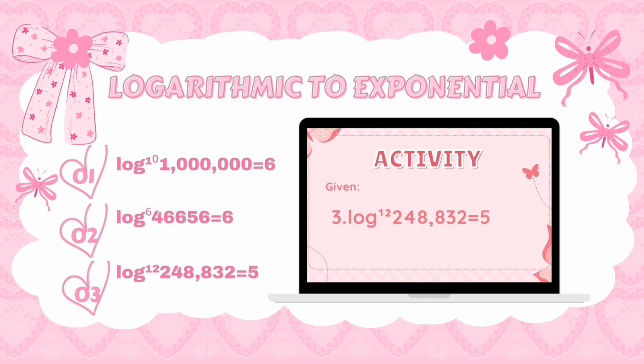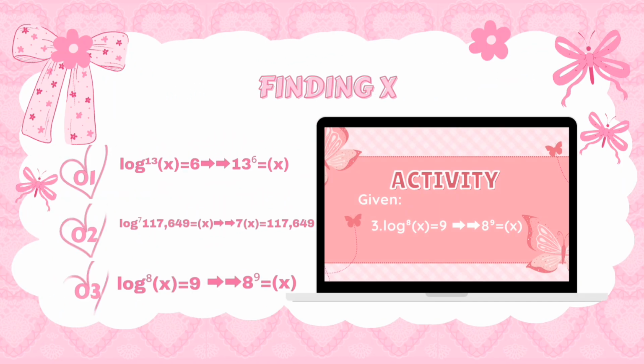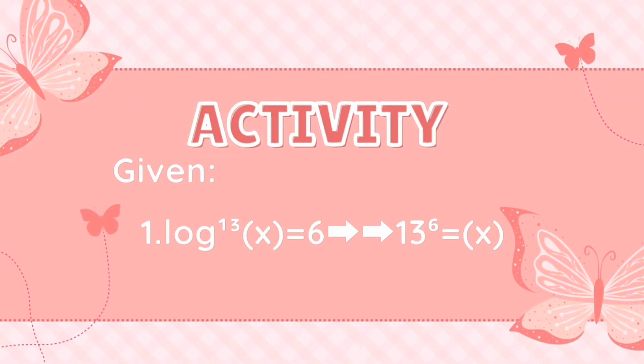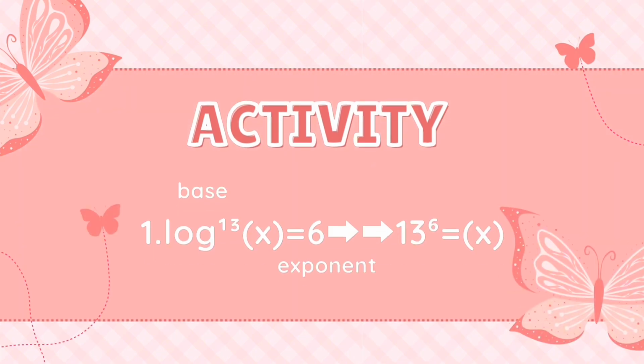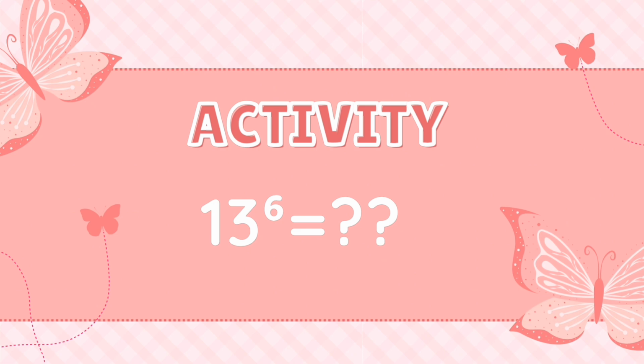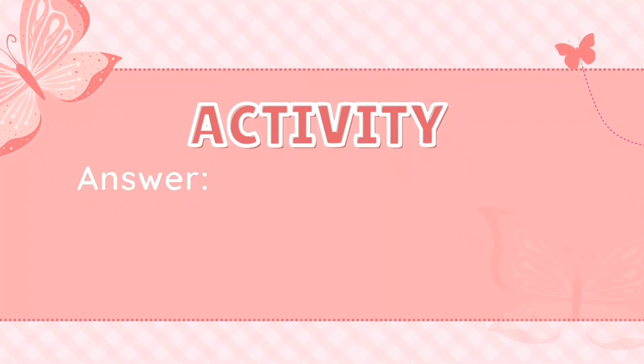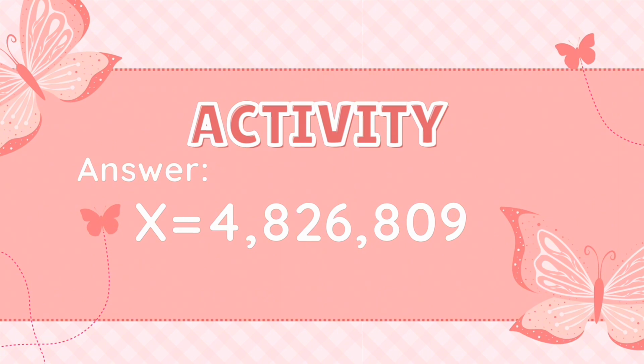Now let's find x. So here is the equation. Number 1, the given equation is log base 13 of x equals 6, and 13 to the power of 6 equals x, where the base is 13 and 6 is the exponent. So we need to evaluate 13 to the power of 6, so the answer is x is equal to